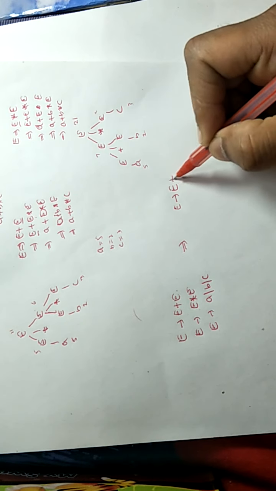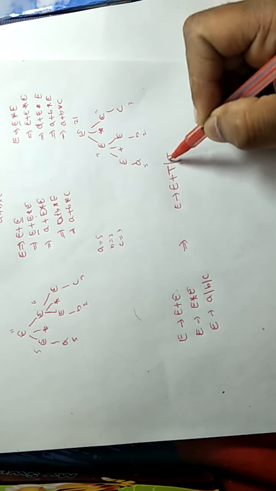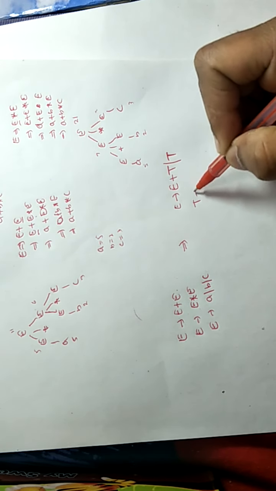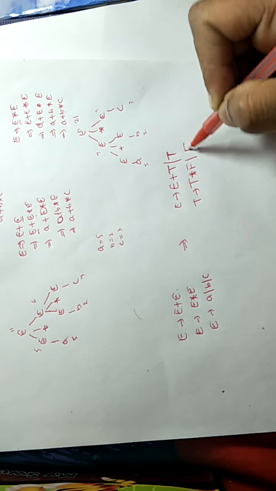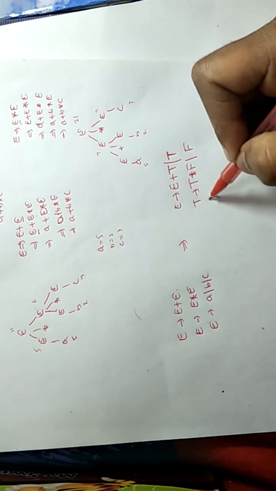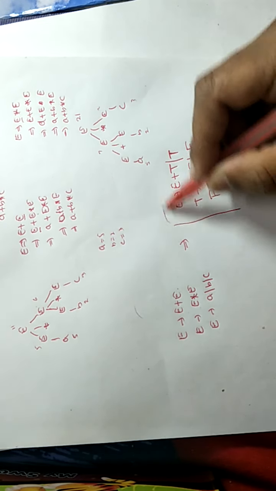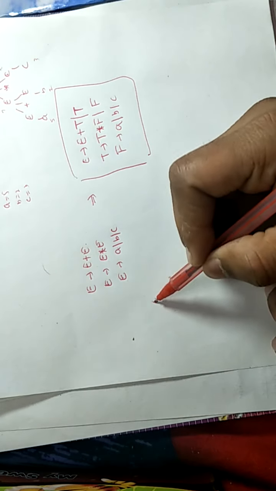So it will be changed as E tends to E plus T, and adding E tends to T as a new rule, where T tends to T asterisk F, adding F as a new rule, T tends to F, and F tends to A slash B slash C. This will be an unambiguous grammar for this, and it is equivalent to this grammar, because